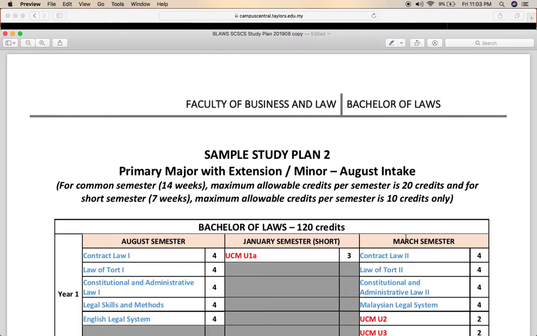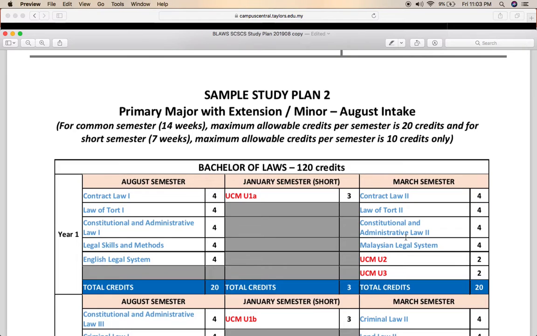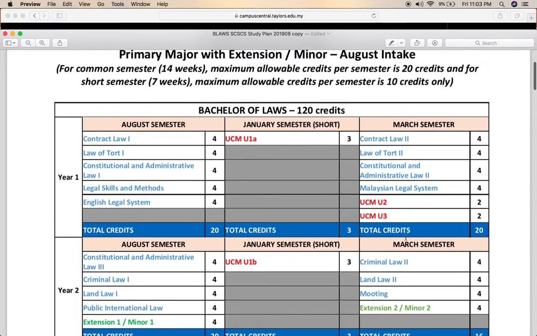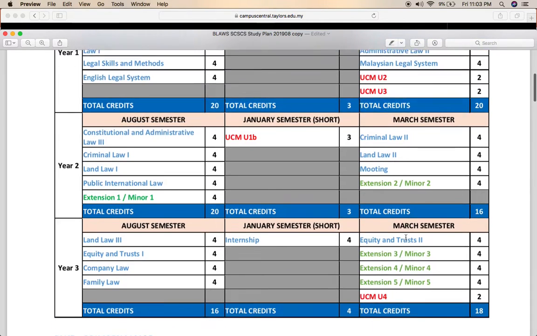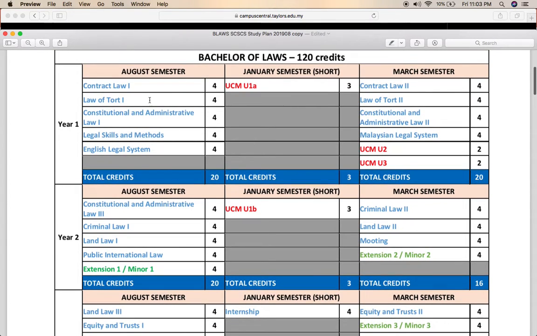So this is a sample study plan for Bachelor of Law students. So you will notice that if you have chosen extension or minor, the study plan is the same study plan, right? Now, the modules that are in blue are primary major modules, and these are your core modules, meaning you do not have the option to change when you need to do this. You need to follow as per what the school has decided for you, right? So these are modules that you had done in your last semesters, these two, and here should be the modules that you are currently doing, right, in your March 2020 semester. So what you need to do is start plotting for the remaining semesters that you have to complete your program,